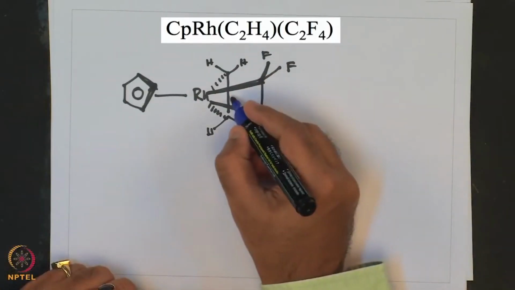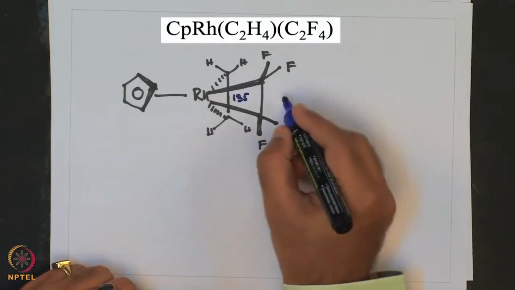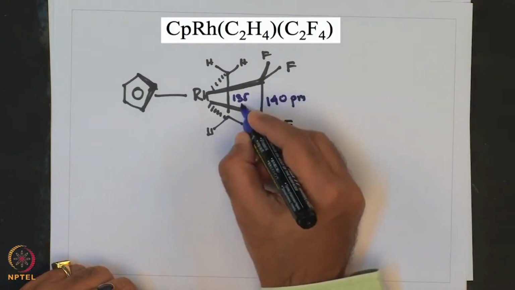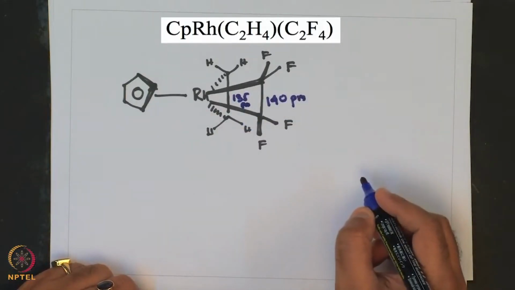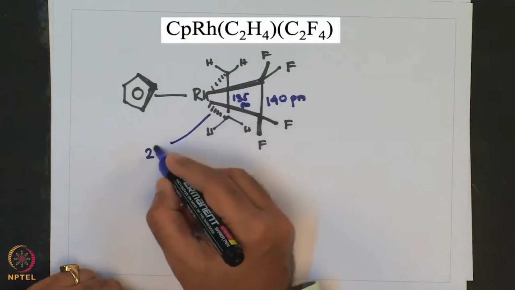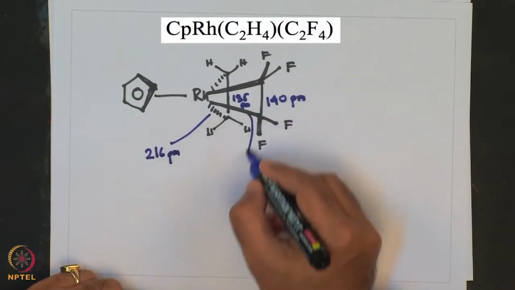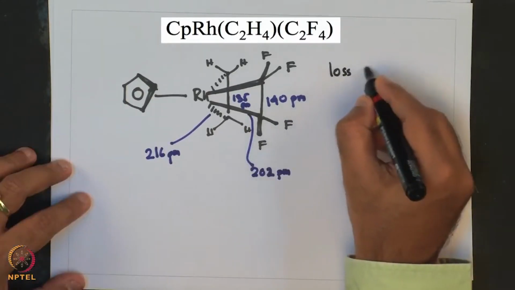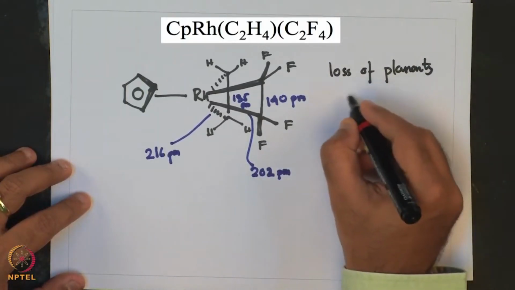So, the CC bond between the two hydrogens is 135 picometer, and for the rhodium fluorine one, this is 140 picometer. So, there is elongation that happens in the CC bond. Rhodium CC bond length containing two hydrogens is 216 picometer, rhodium C bond length containing 2 fluorine is 202 picometer. So, what it says is that there is loss of planarity of olefins